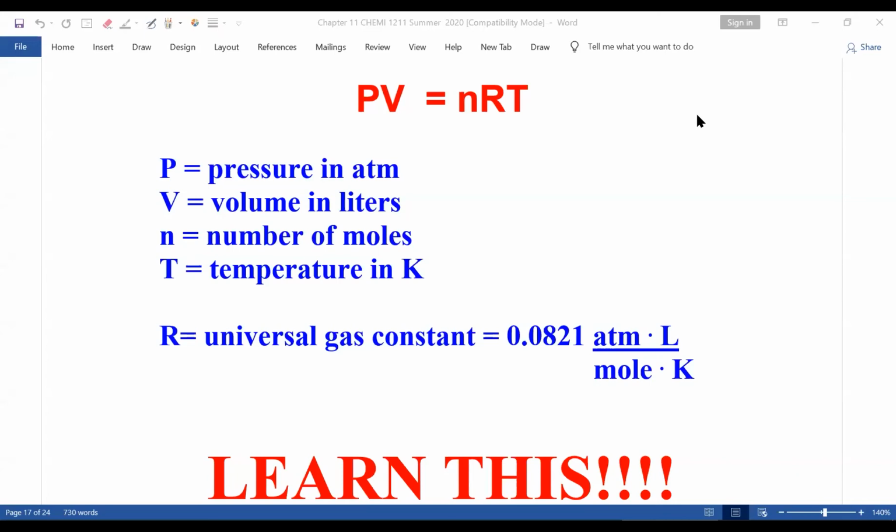Now, I was talking about the ideal gas law. The ideal gas law is PV equals nRT. P is pressure in atmospheres. V is volume in liters, and on a problem, I'll always give you volume in liters. I'm not going to ask you to convert from milliliters to liters, even though I know how to do it, but I won't. n is the number of moles, but you'll be given it in grams, and you have to convert grams to moles. But hopefully you've learned that for tomorrow, test number 2.